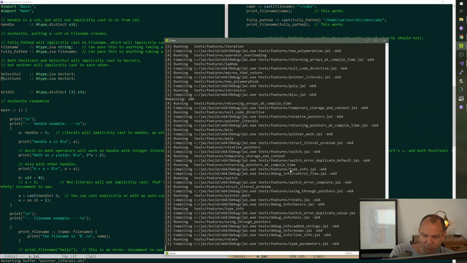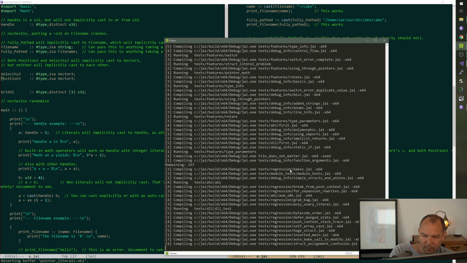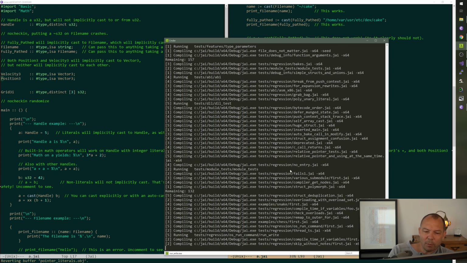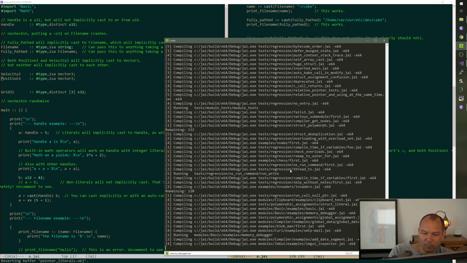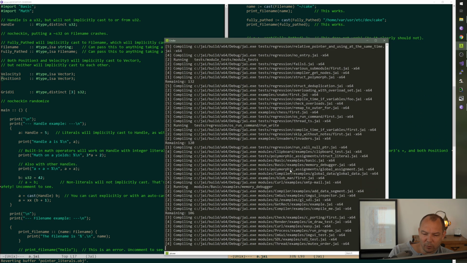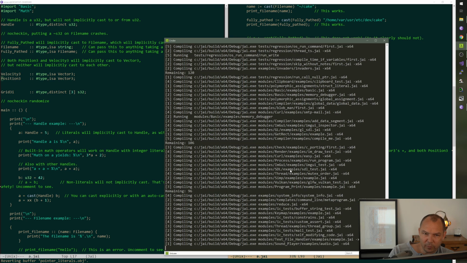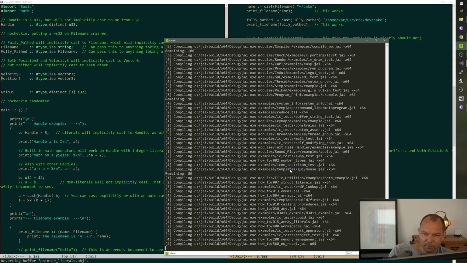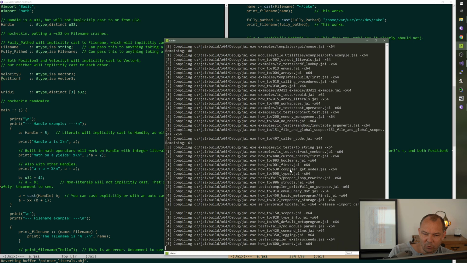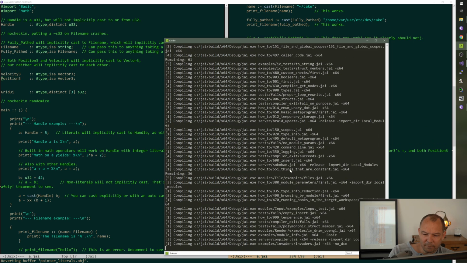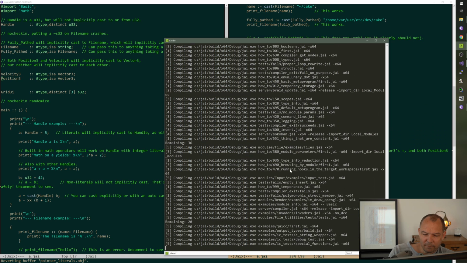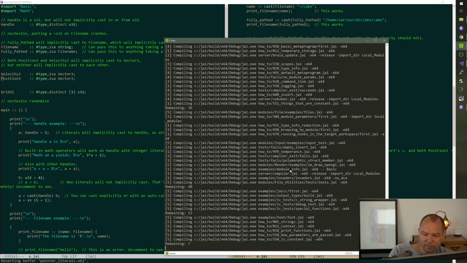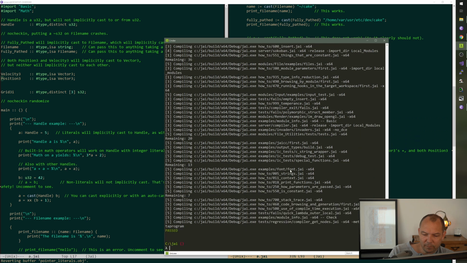Which may be enough. We'll see. What I'm worried about is it's going to encourage people to make tons of stuff polymorphic to get that type checking. And I don't love that. I do not love that.